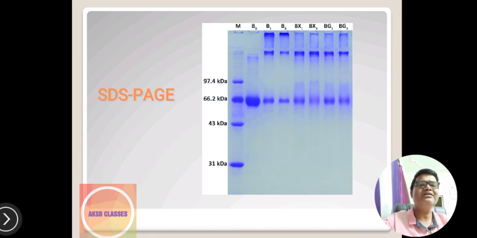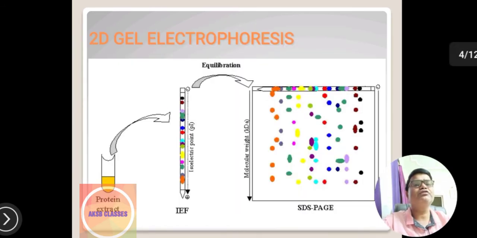Then what do we proceed with? We proceed with 2D gel electrophoresis. Why do we proceed with 2D gel electrophoresis? Because we cannot predict whether the proteins have the same pI or the same size. It may be possible that a protein showing a single band is actually a mixture of two different proteins that have different pI. But with the help of 2D gel electrophoresis, we will try to isolate the